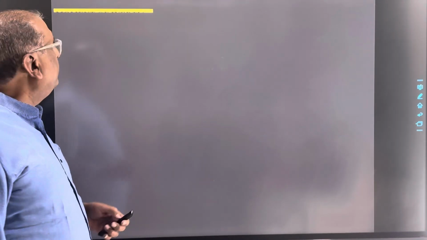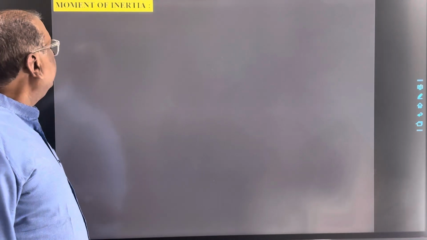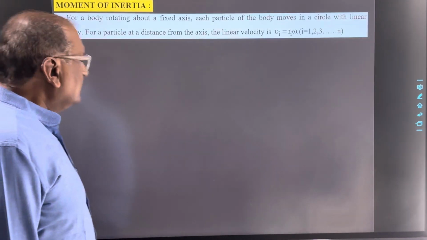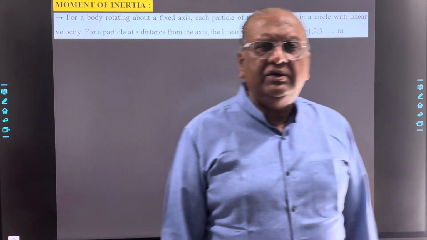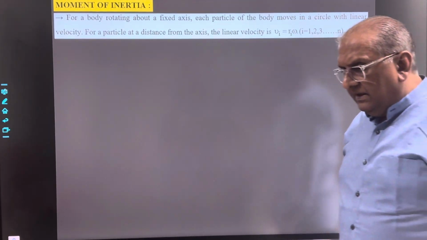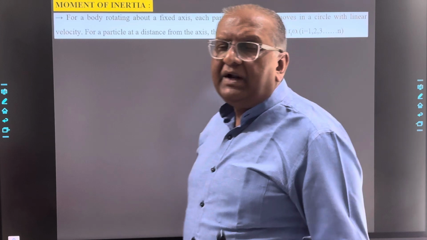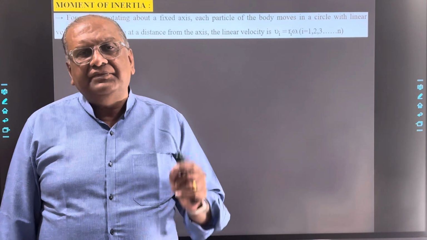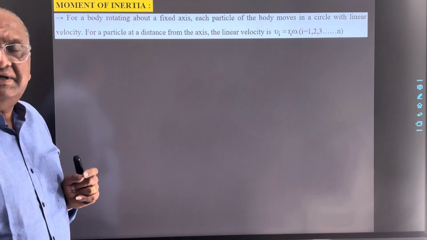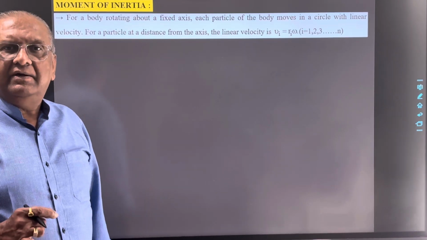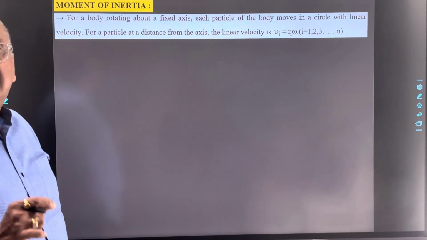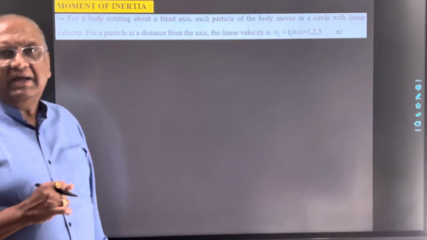Now, next topic, that is moment of inertia. Suppose here we consider a rigid body rotating about a fixed axis, then each and every particle will execute circular motion. Okay? And each and every particle is moving on a circular path with linear velocity v equal to r omega,